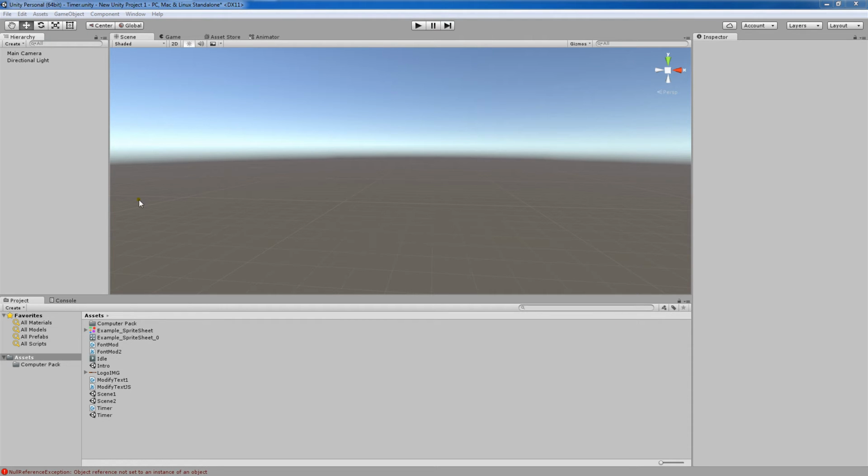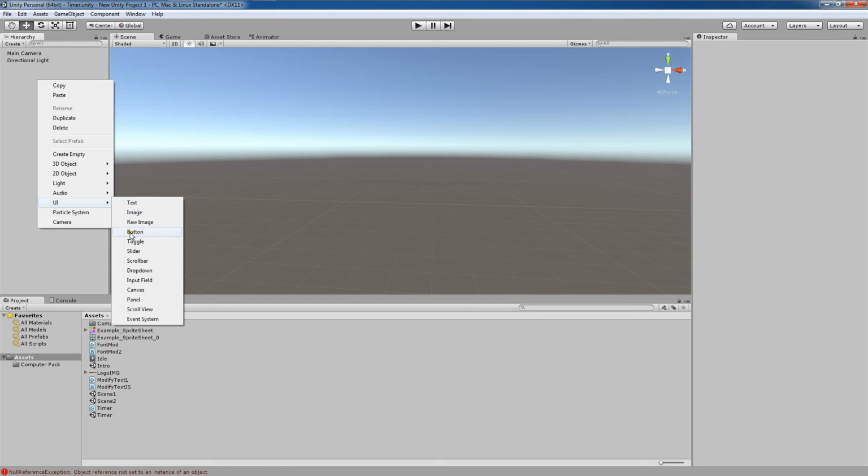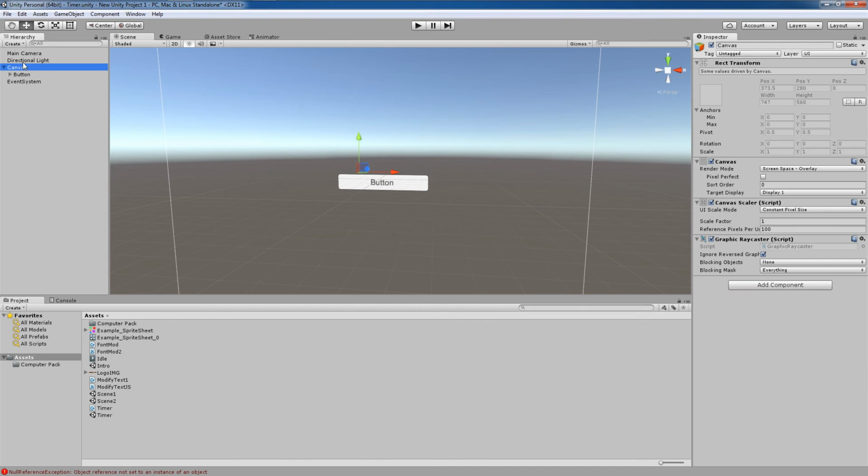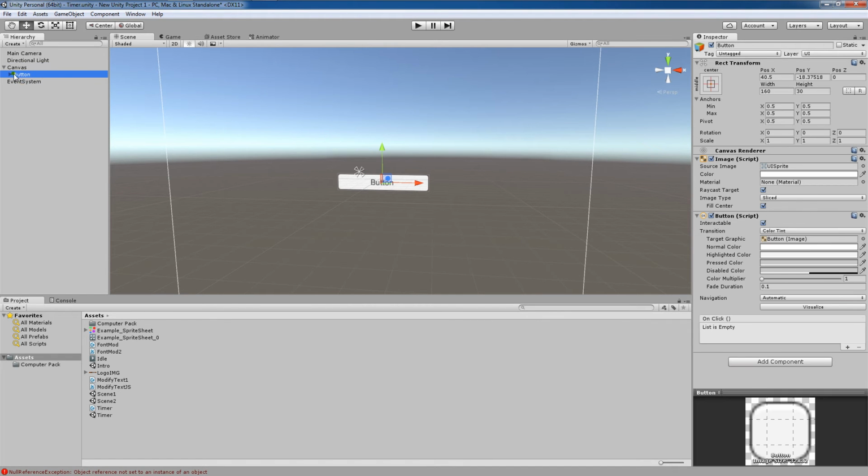So thankfully, the people who developed Unity knew that this was a very important feature for them to add in their game engines. So they made it very intuitive for us to actually do this. So I'm going to right click here and go to UI, and then I'm going to come down here to where it says button. And so now I have a canvas element automatically created and a button object automatically parented